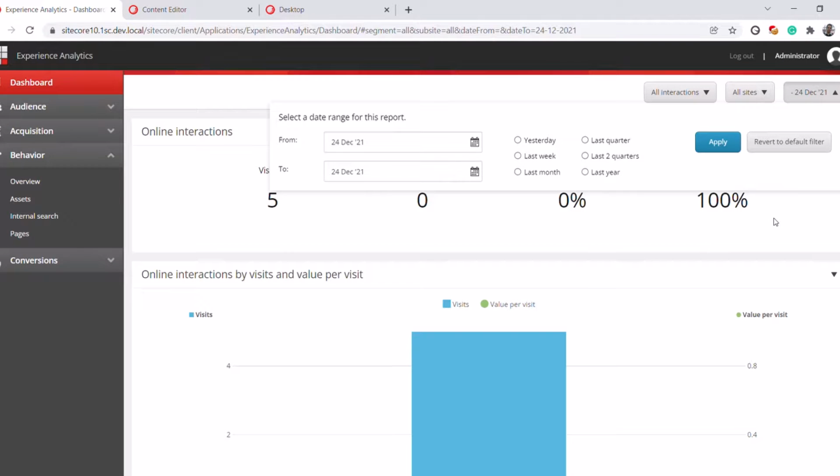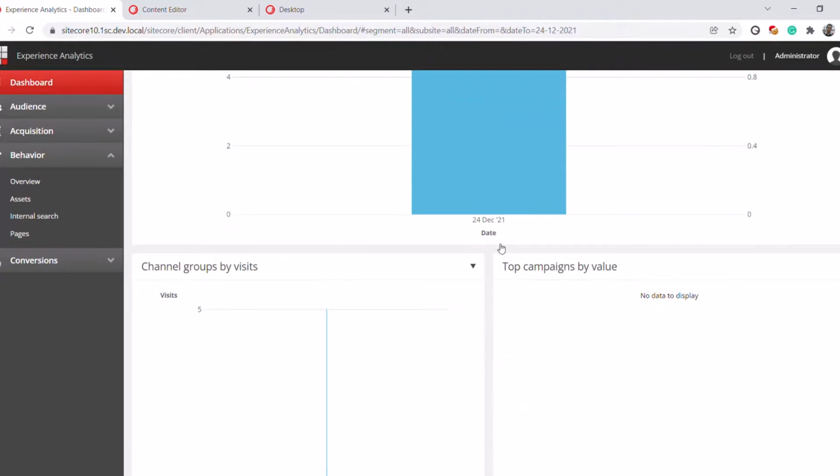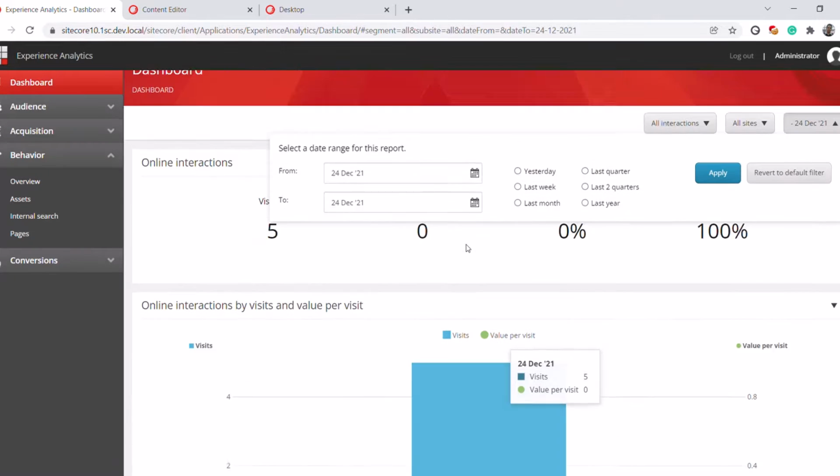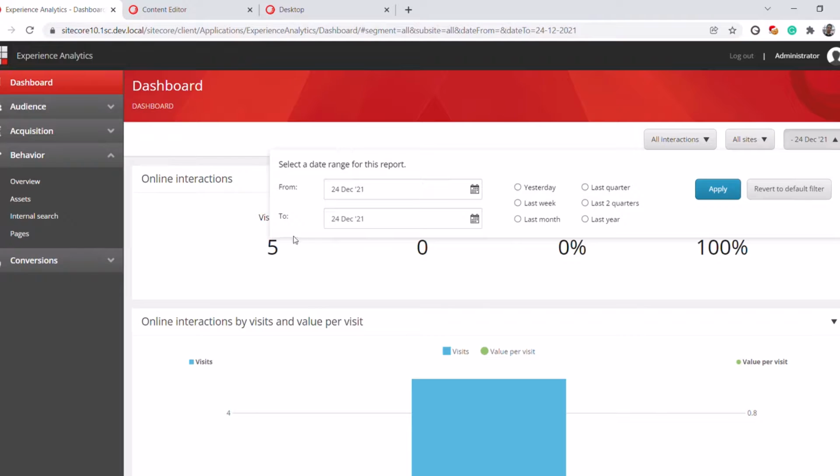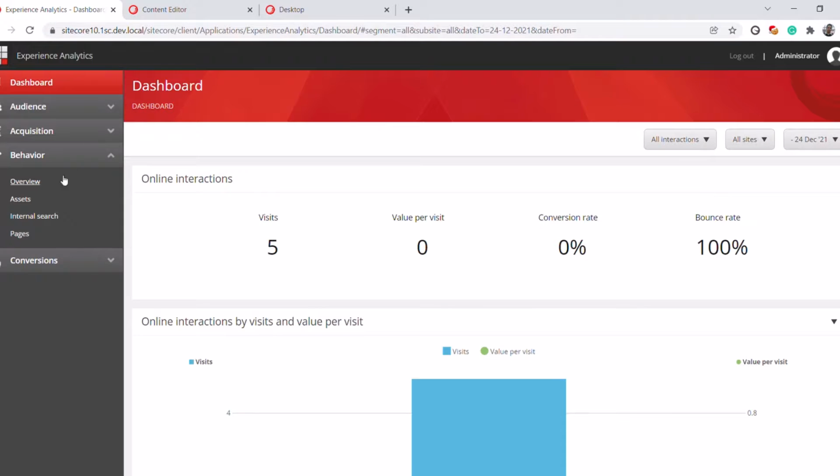You can see that I have hit 5 pages, and the visit count is also 5. Let me check what kind of pages I have hit over there, so I'm going to the pages by URL.